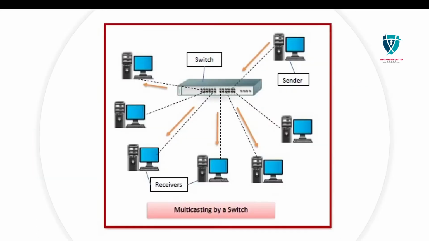Features of switches. A switch operates at layer 2, the data link layer of the OSI model, and it is an intelligent network device that can be considered a multi-port network bridge. It uses the MAC address, media access control, to send data packets to selected destination ports. It uses the packet switching technique to receive and forward data packets from the source to the destination device.